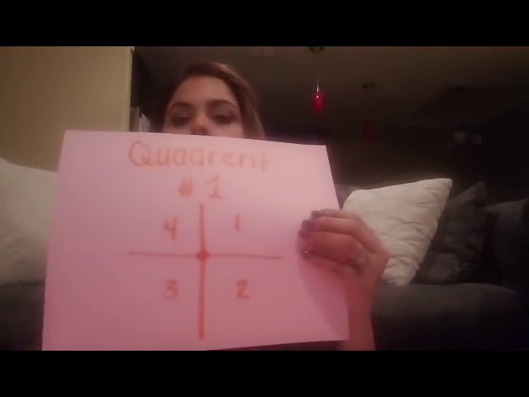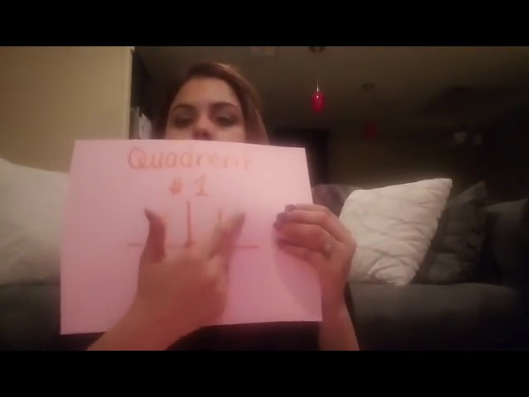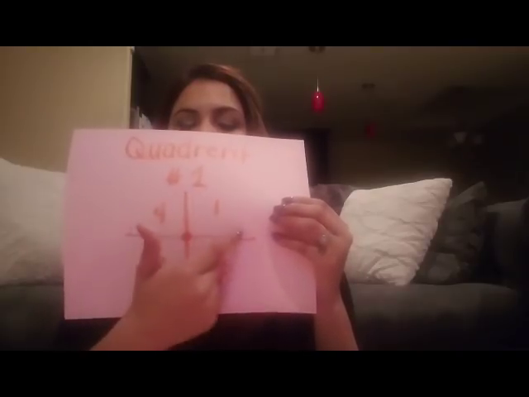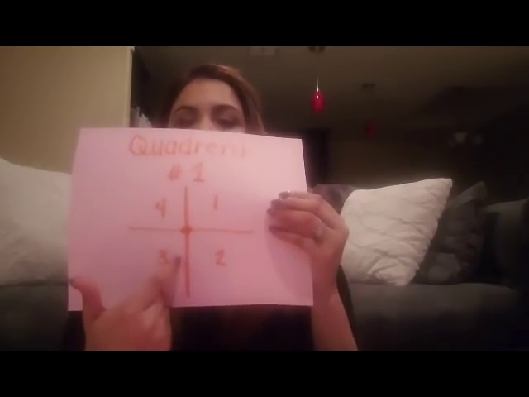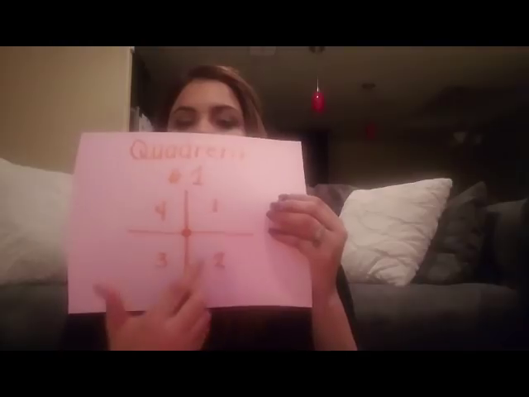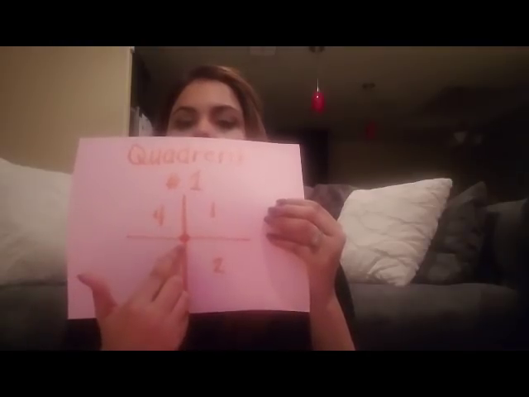So we're talking about quadrant number 1. So we talked about that in our notes, quadrant number 1. There are 4 quadrants. And we are only going to be focused in this quadrant right here because the x-axis and your y-axis, when they cross each other, they do make 4 different spaces. And they meet right here at the origin. That's where they cross at. So the origin